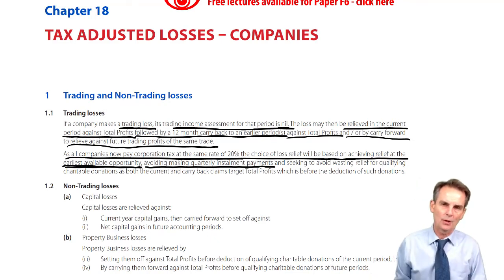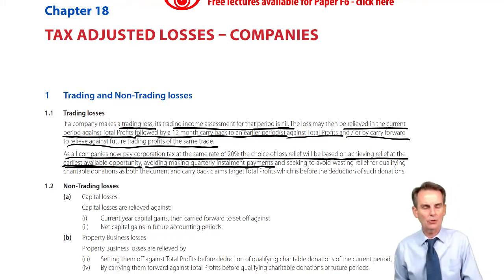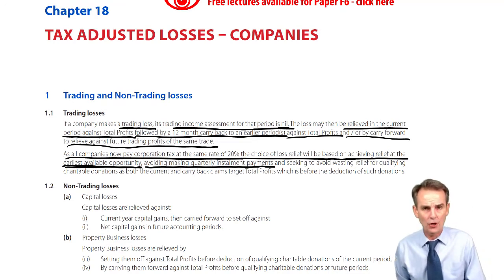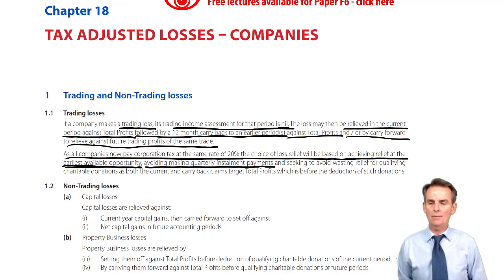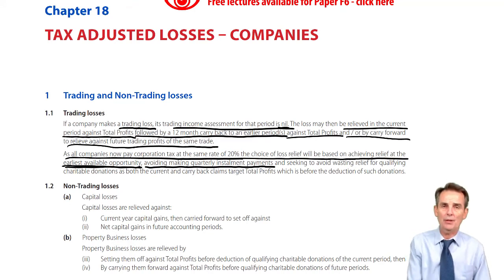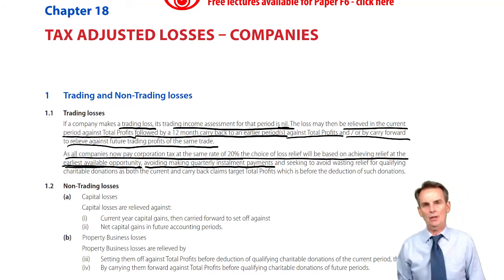Now, what would cause the company to have to make those quarterly instalment payments? Well, if you recall from our first introduction to corporate tax in chapter 16, what we saw there was that if the profits as defined, TTP plus dividend income, exceeded the profit limit, the company would be said to be large, and then quarterly instalment payments may become payable. So what makes a company large? If its profits, TTP plus dividend, exceed the profit limit.